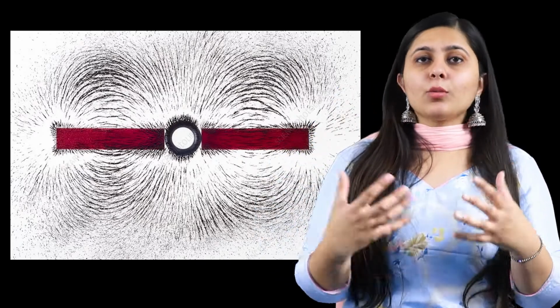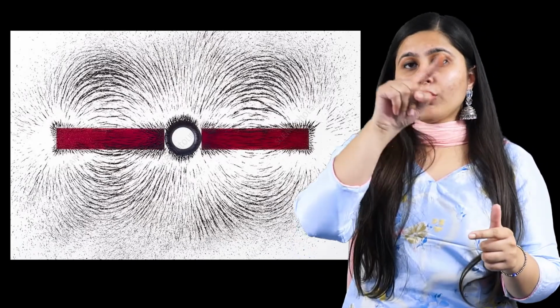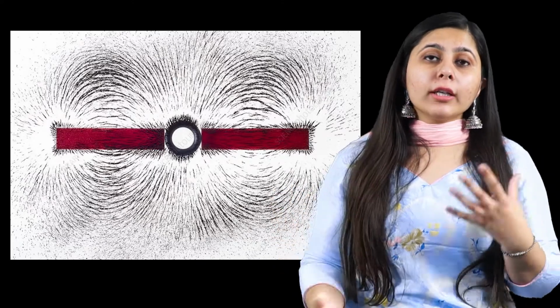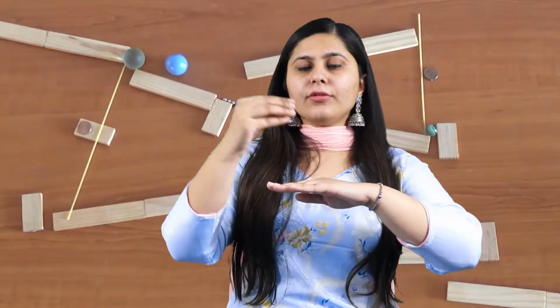So now you realize what happens in this case: this is a magnet and the magnet draws some field or an area where the magnetic force can be felt or its magnetic effect can be felt. So this particular area is known as the magnetic field. So suppose this is the area, this is the magnet, and around this magnet, in this field, if we bring an iron nail, I'll feel the attraction, and if the iron nail is out of this magnetic field, I won't feel any attraction on the iron nail.